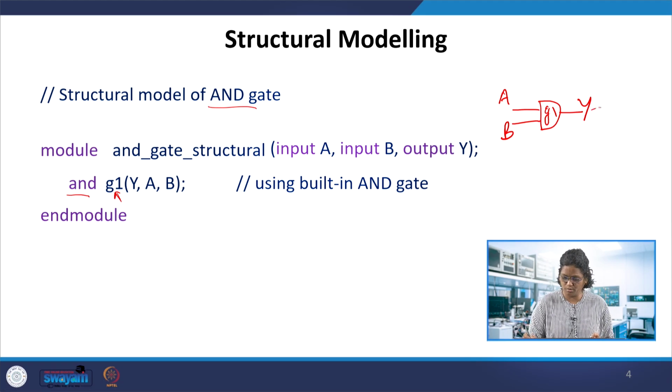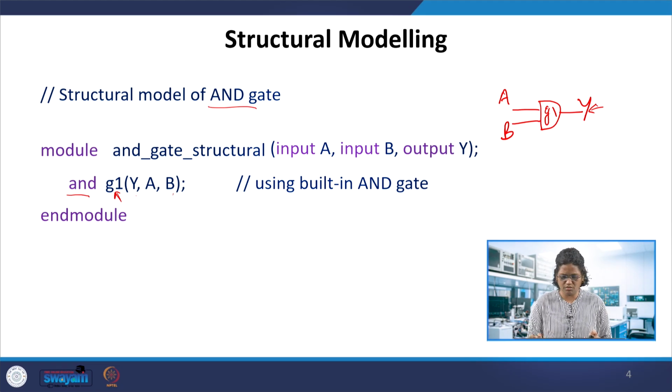Y is the output. So always the output should come first and then the inputs, A, B, and it can be a 3 input gate as AND gate as well. So if you have a 3 input AND gate A, B, C, this is as such the input and the output. How in the digital circuit the logic gate looks like, or any of the multiplexer or the demultiplexer or decoder, coder, encoders and so on can be modeled in this fashion.